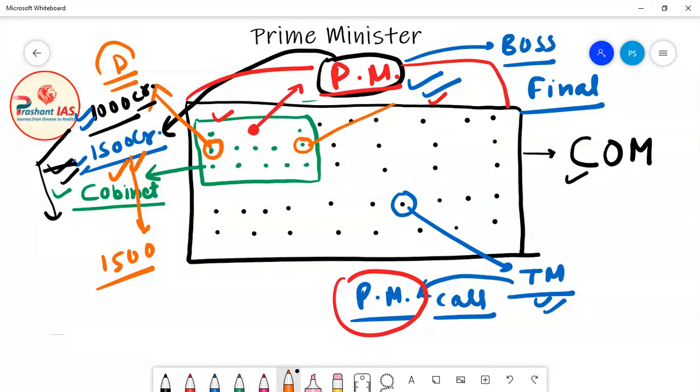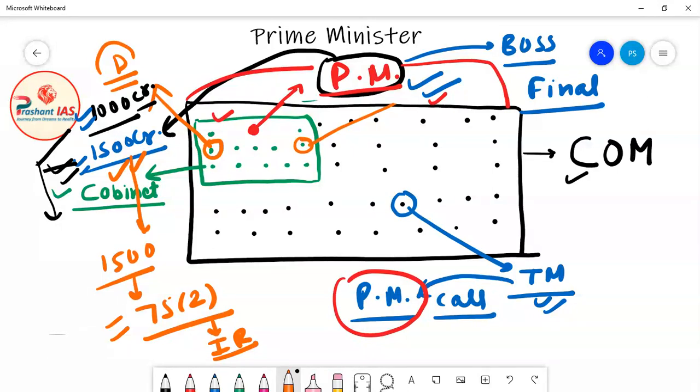Now you will ask how? So friends, the Prime Minister has one tool, and that tool is given under Article 75 Clause 2. In yesterday's class, I taught you about Article 75 Clause 2. So what is Article 75 Clause 2? It is the individual responsibility of the ministers towards the President. And I have also told you that the President is bound by the advice of the Prime Minister in this regard.